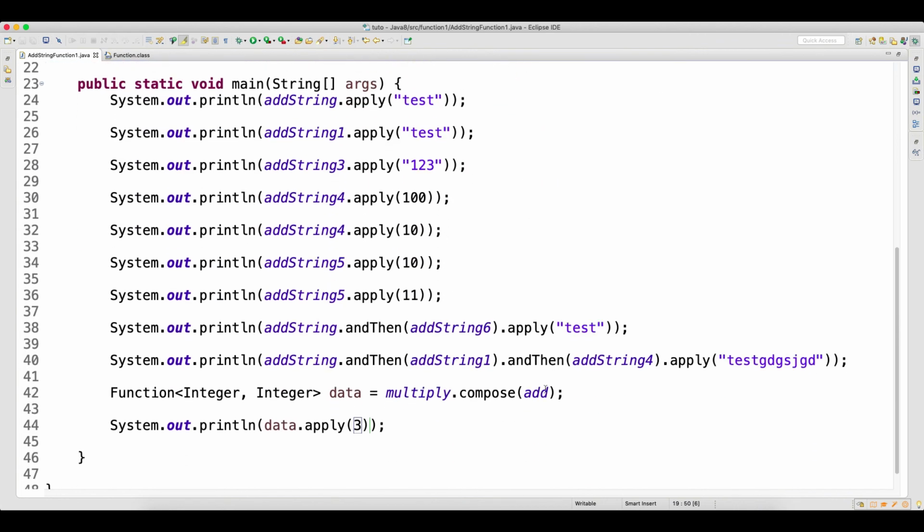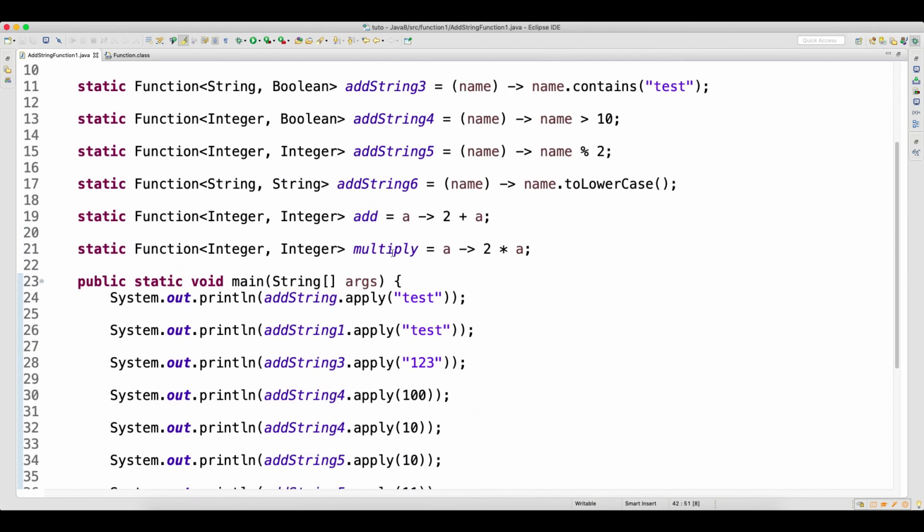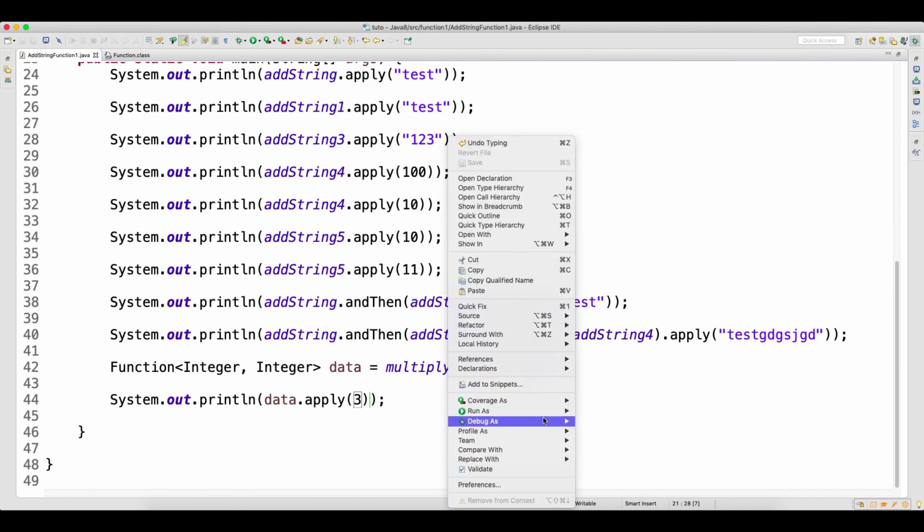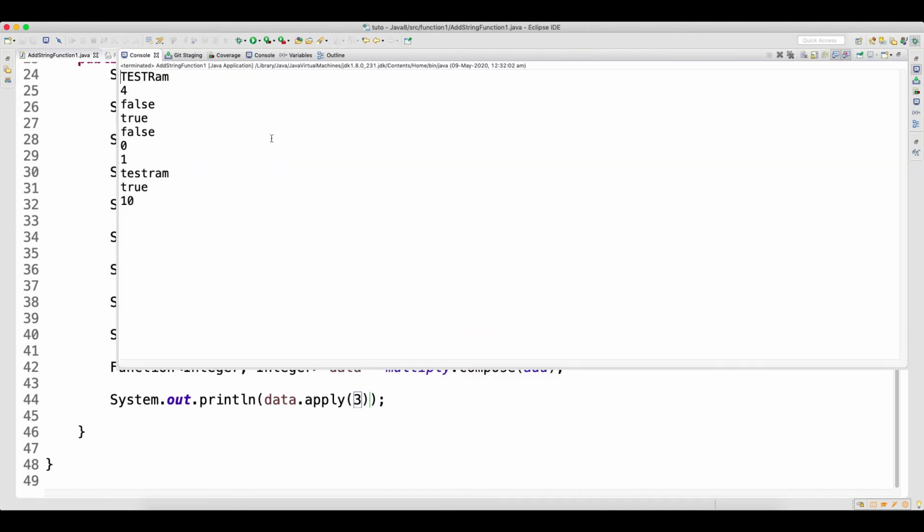This 5, the output from this add function, will go to the multiply function as input. So 5 will come here as input. So a will be 5. 5 into 2, 10. So whatever output comes from add, it will go as input to the multiply function, guys. Now if I run that, your output is going to be 10.